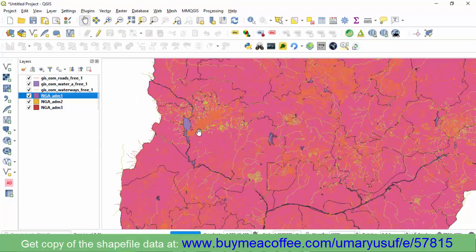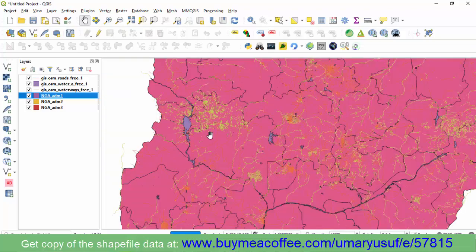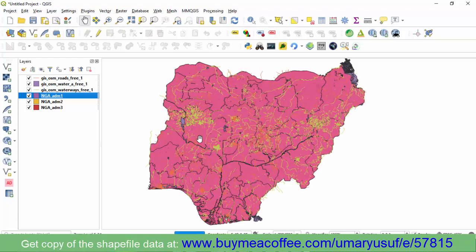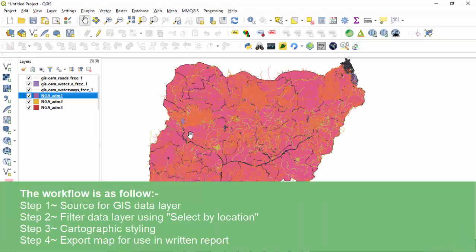So having said that, let's proceed to extract the dataset. So the workflow for this video, just before I continue, let me remind you about the workflow. The workflow is for us to get the dataset from several sources. So you source for the dataset you want to use to make your study area map. Then you clean it by filtering it and then removing unwanted